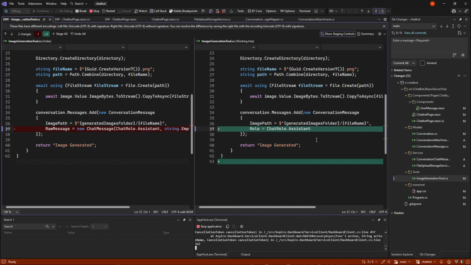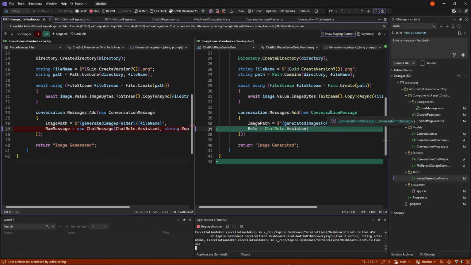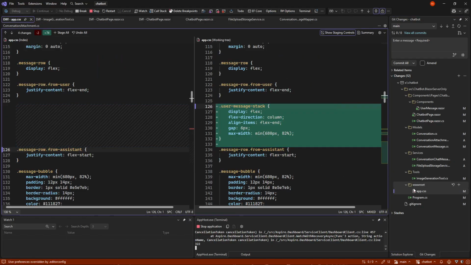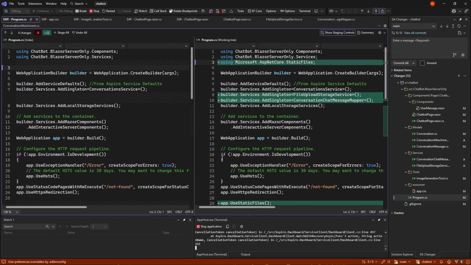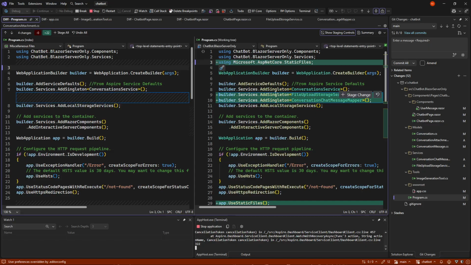Inside the image generation tool, we just need to generate a conversation message instead of one with a raw message. So that's the only change there. There's a bit of CSS. We won't go too much into detail of that. And we of course need to set our new singletons for our services.